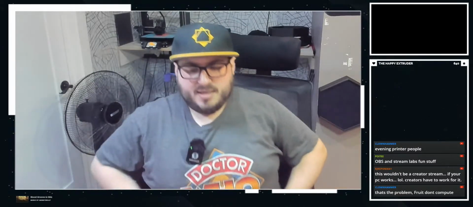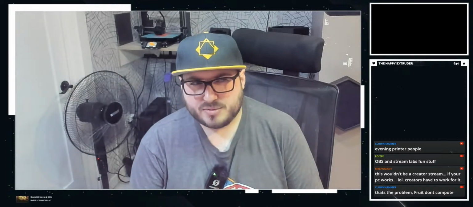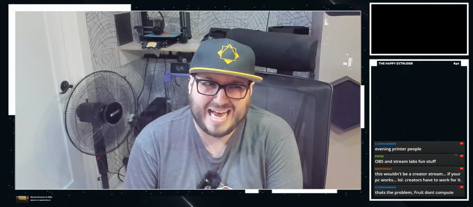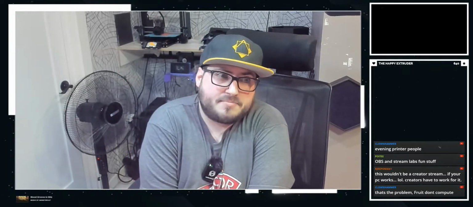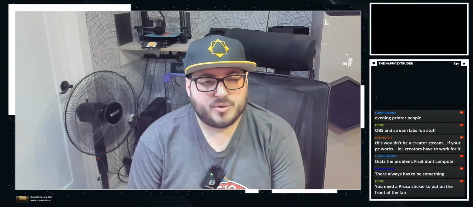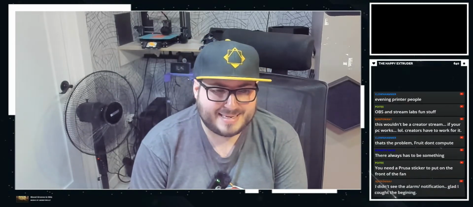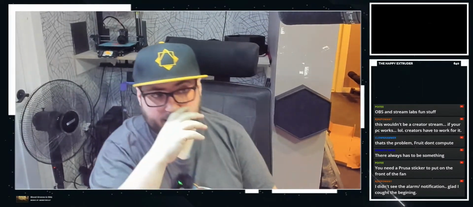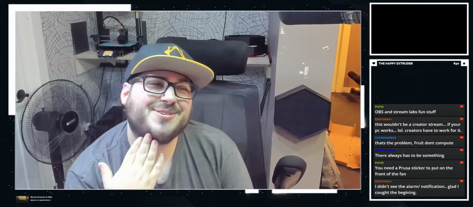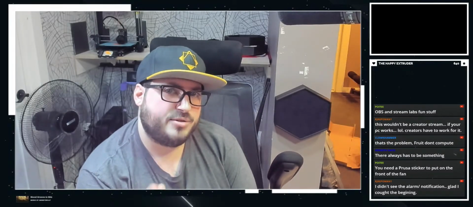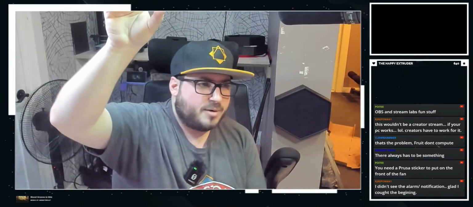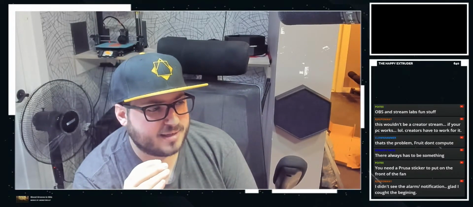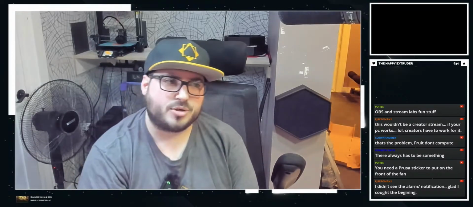Essentially, here's the problem, and this is unique to Windows. I can't have too many video cameras coming in on Windows. It doesn't like that. At least my computer hates it. I don't have enough USB bandwidth. So what I have to do instead is use a Mac to ingest all my video, except for this camera. This camera is done by my Windows computer. That's why I can reboot my Mac and you don't lose my wonderful face. So I use the Mac to ingest my main camera above and my side camera, which are 4K cameras. And then I pipe that into my main computer through a capture card.